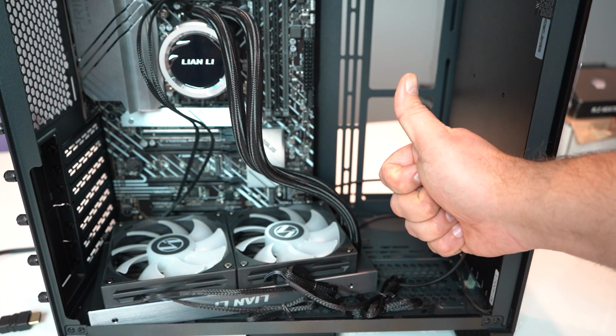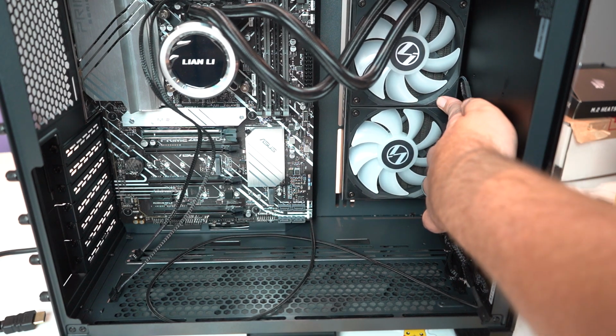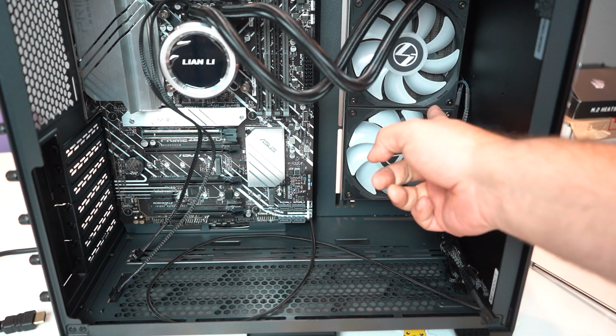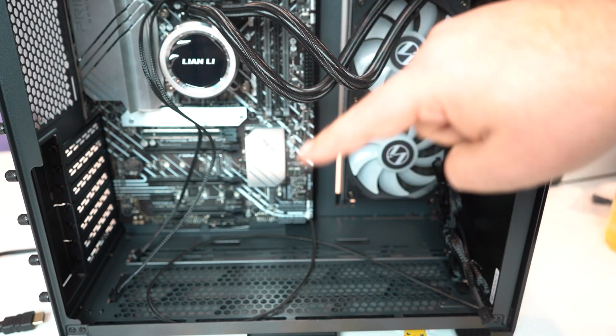So hopefully it holds up. We're gonna find out. So the radiator is still popping out a bit, so I'm actually going to use some two-way tape on the other side just to secure that to the back. All right, now that we've got that securely mounted in there, there's something on the back I need to take